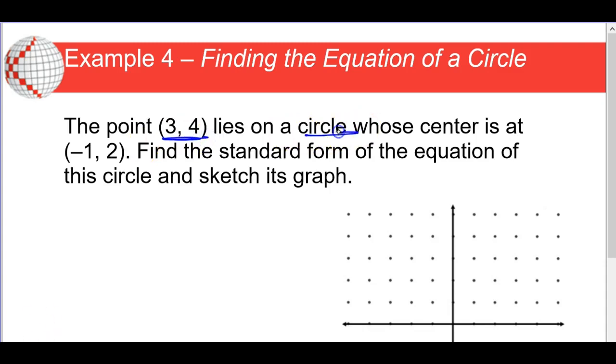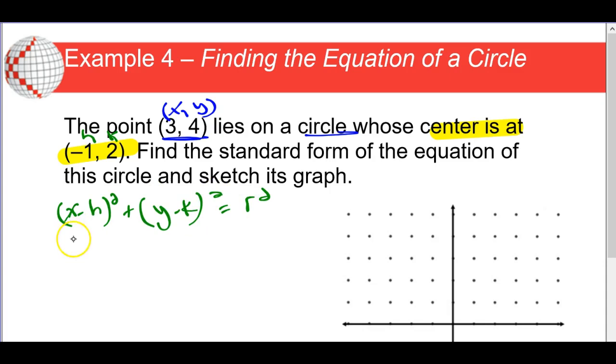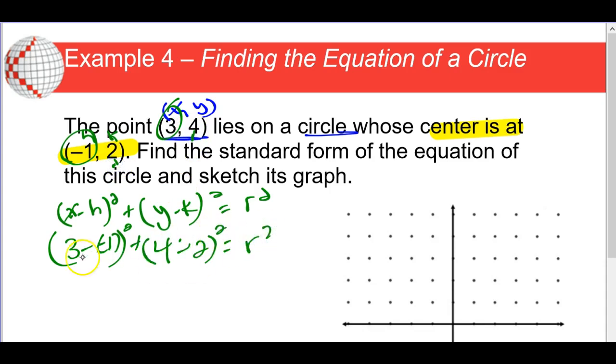Since this point lies on the circle, I will call this an x and a y. And since they say that the center is at negative 1, 2, I'll call that my h and my k. So when I plug into (x minus h) quantity squared plus (y minus k) quantity squared is equal to r squared, I'll just pick off my x right here. So 3 minus the h, negative 1, plus the y value, which is 4 minus the 2, quantity squared. I don't know the radius, but I think I could solve for it now. 3 minus negative 1 is 4, squared is 16, plus 2 squared is 4. That's a whopping 20, but remember you have to take the square root of that